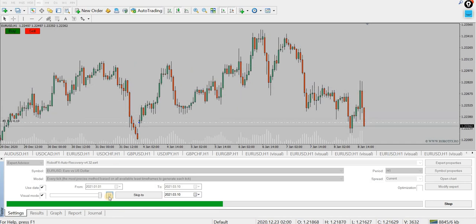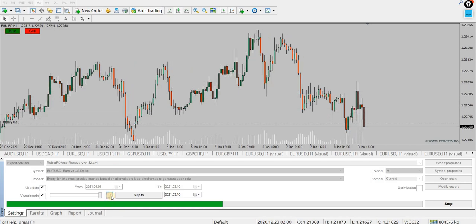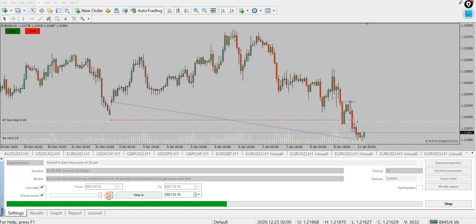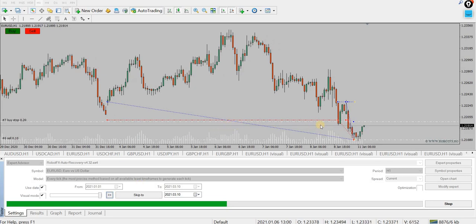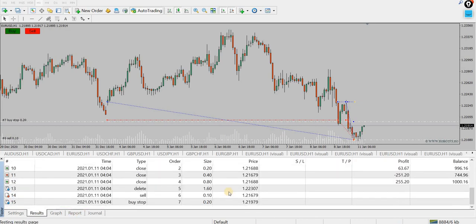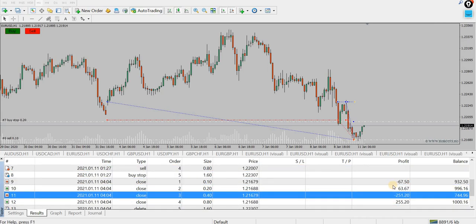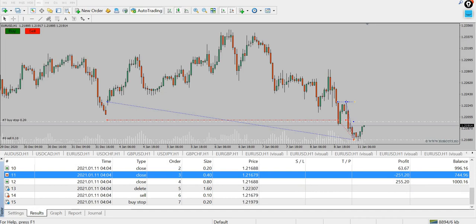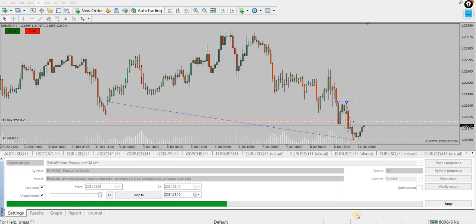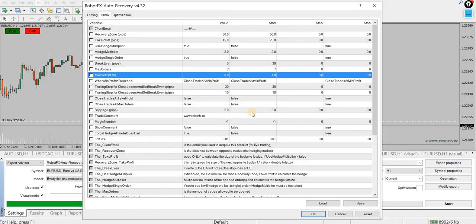I mean, the profit from the sales plus, which is basically minus the profit from the buys, will soon be equal to minimum profit, and that happens right here. And that's what the result looked like. That was the sell, sell, buy. So as soon as their combined sum, combined profit, reached that minimum profit, which was 0, the expert advisor closed